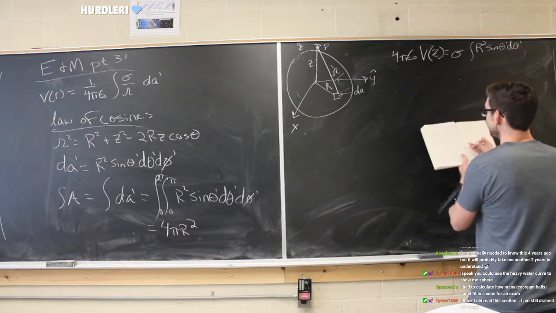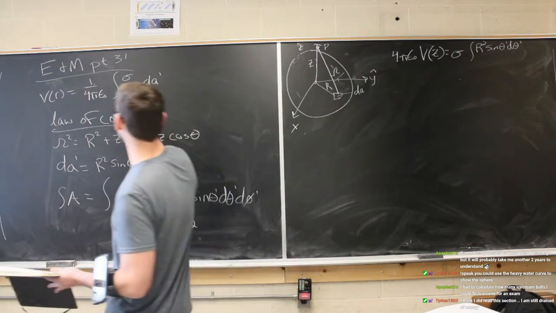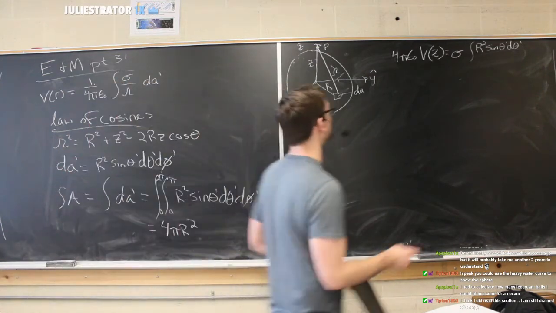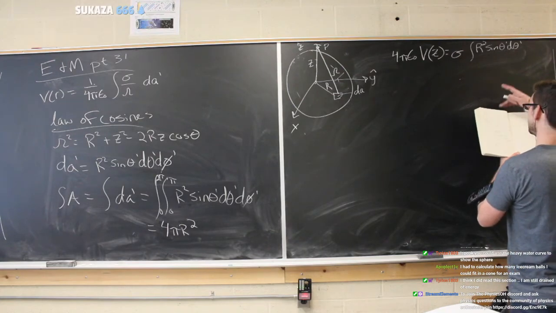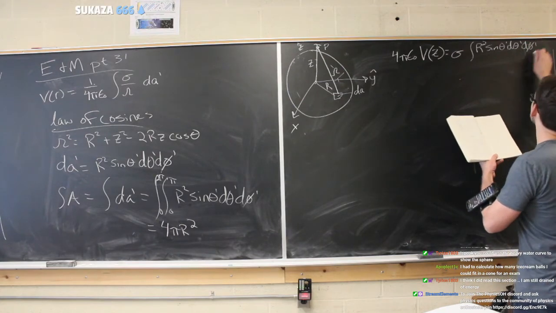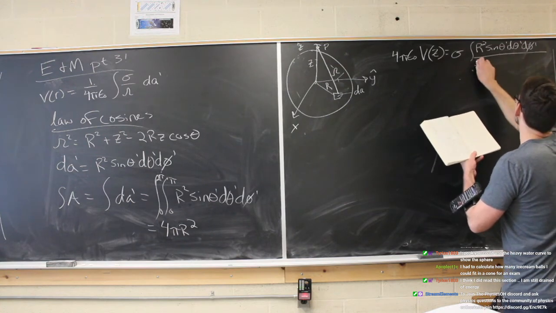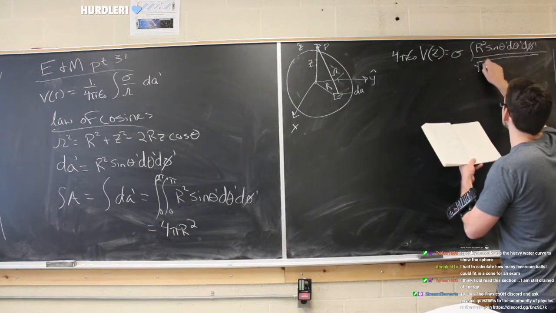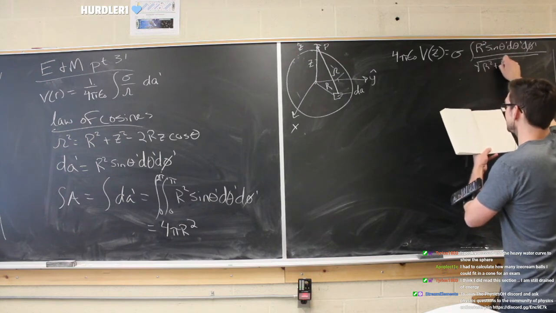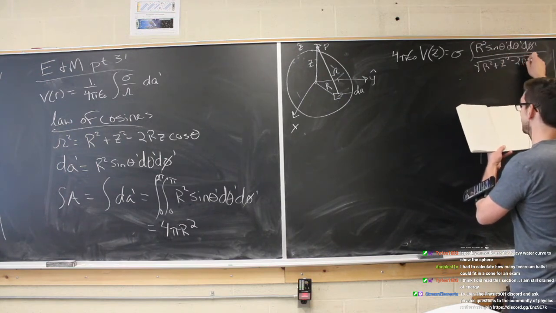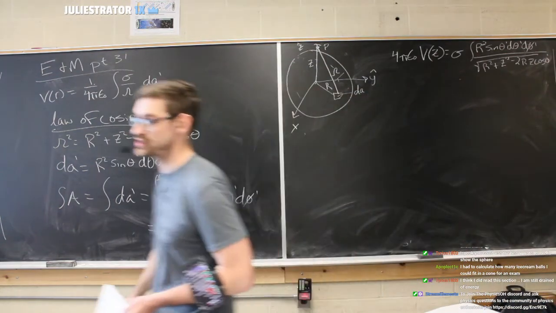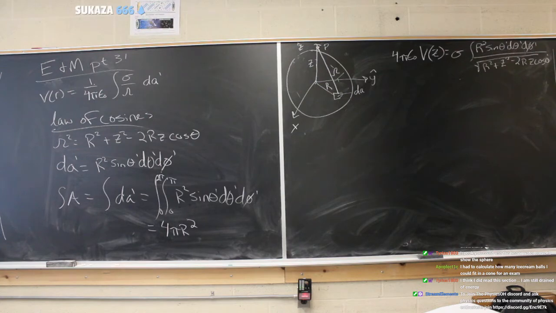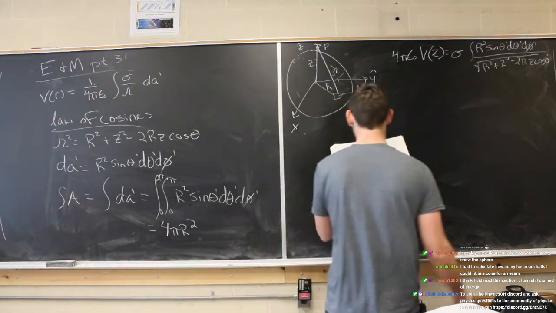And then the idea is, what's r prime? Well, we have this right here, which we got from the law of cosines, excuse me. So we're going to put that back in. And what do we get? We get the square root of that whole thing, which is r squared plus z squared minus 2rz cosine theta prime. Now I'm going to stretch it out much more because we've written it once and I want you guys to be able to see it. So I'm going to stretch this out quite a bit farther.